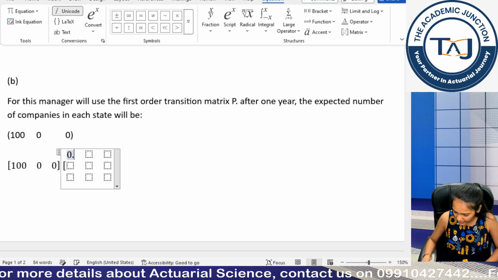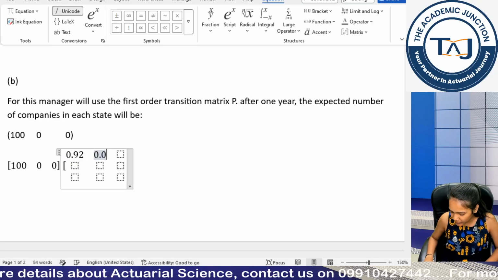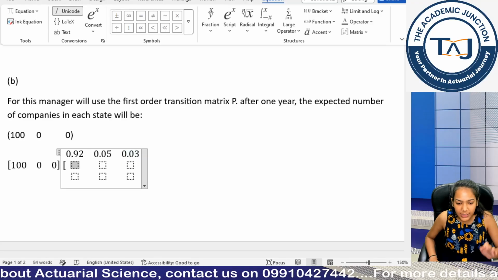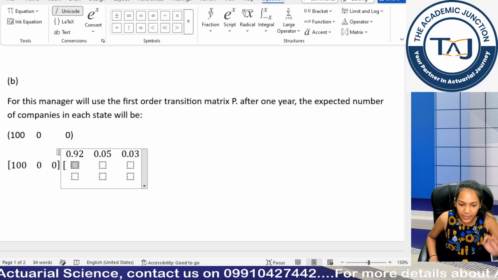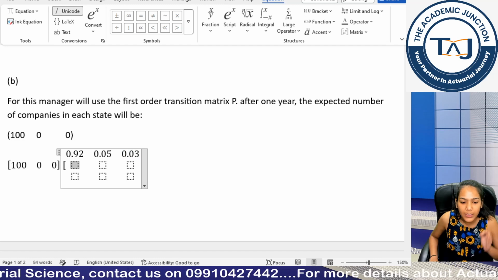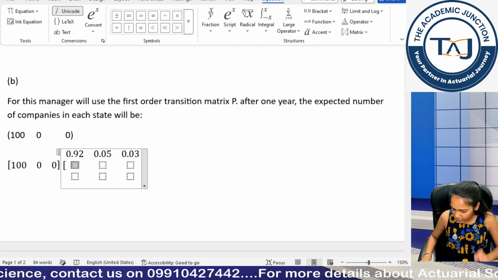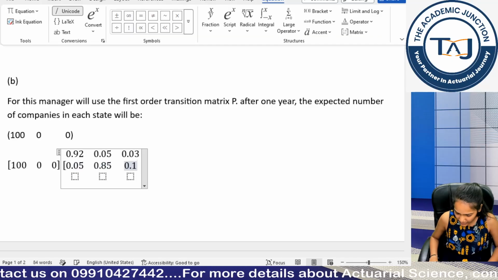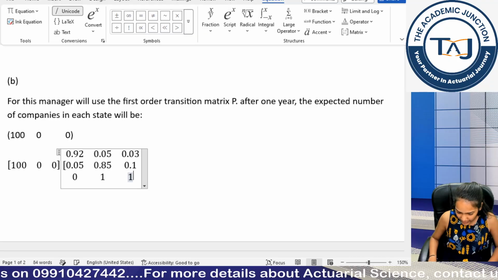I type 0.92, again forward 0.05, 0.03. Now if I use my forward arrow key, that will give me the fourth element, second row, first column element. Okay, so 0.05, 0.85, we have 0.1, we have 0, 0 and 1.